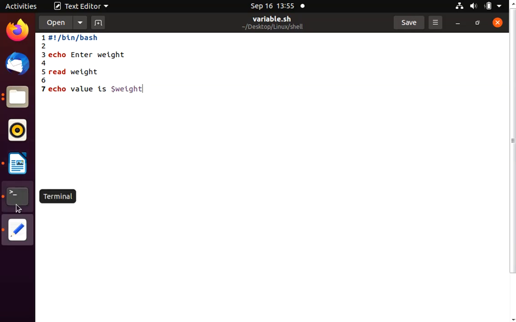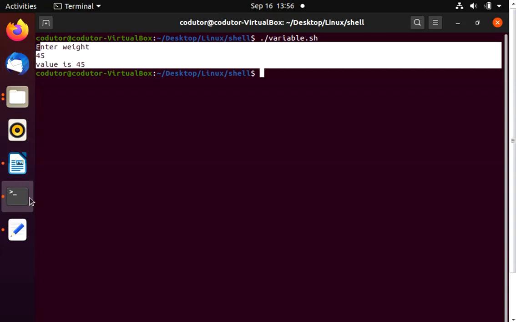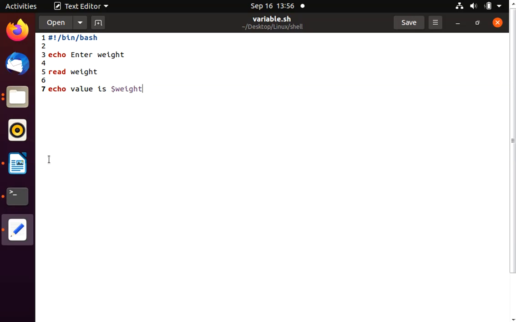Let's see how it works. It is asking for the weight value, let's say 45, and value is 45. So this is how you can take a single input from the user using the read command and the variable name in which you want to store that particular value.